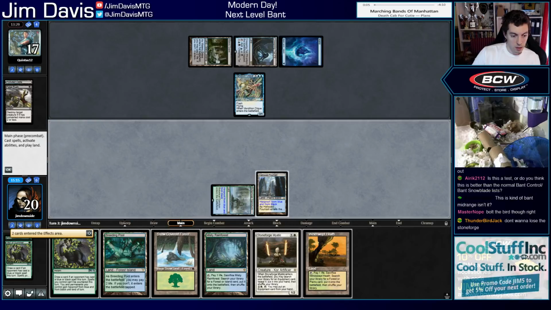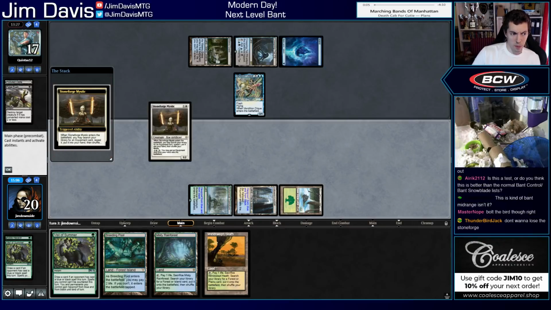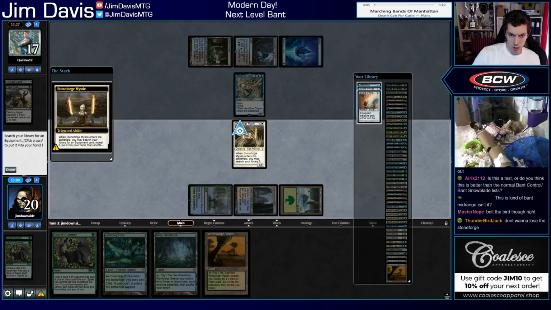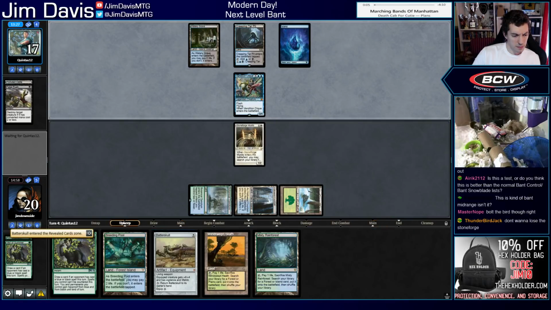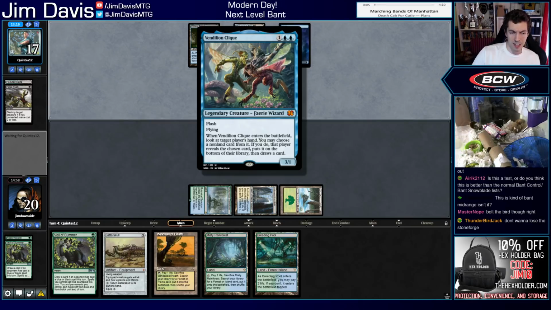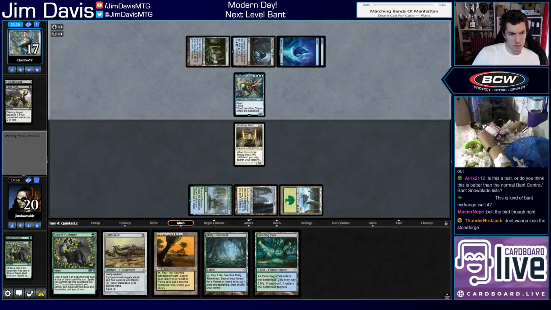Jeez. So many lands. Alright, yeah, let's play Forest, play Stoneforge. It's not great to play Stoneforge without Veil up, but let's get Batterskull. It's definitely an argument towards maybe playing a tap land there and playing Stoneforge next turn with Veil up, but we're on a clock now too, so...